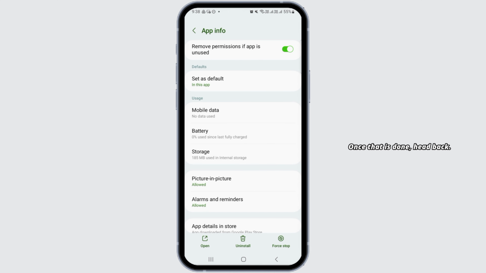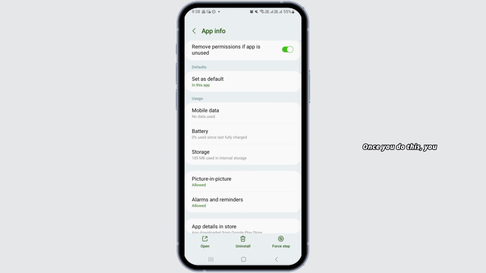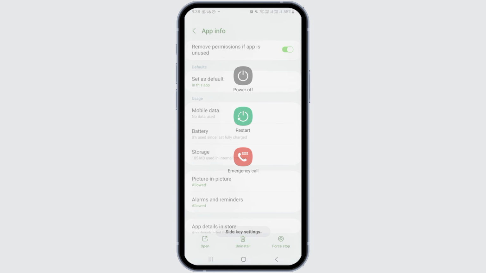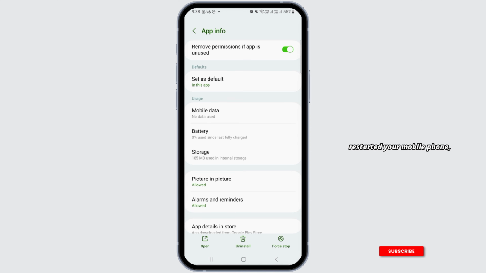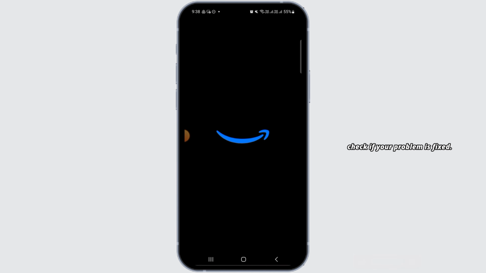Once that is done, head back. You have the option of force stop. Go ahead and tap that. Now tap on the OK option. Once you do this, you want to restart your device. After you have restarted your mobile phone, you want to launch Prime Video and check if your problem is